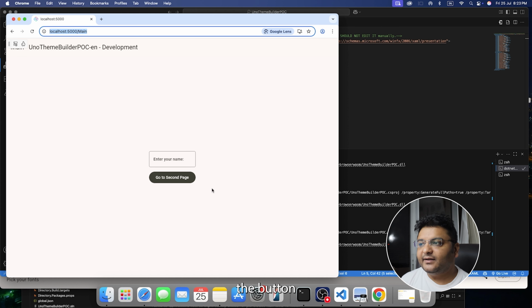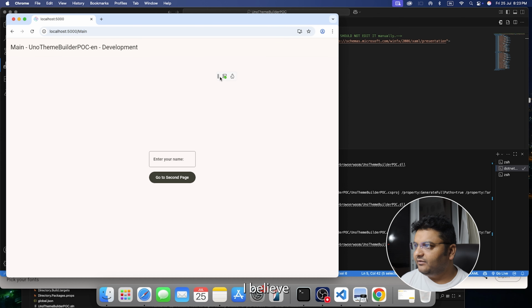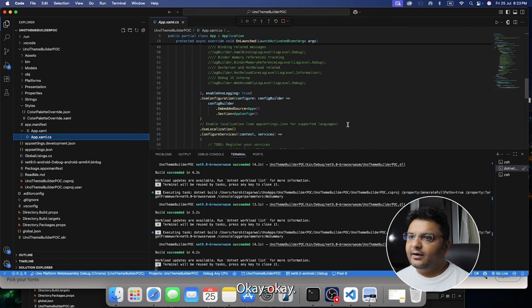You see now the button, which earlier was blue, is now of this shade, the black shade. The foreground is this, and I believe if I enter something, let's say Arshad Dynamite, and go to my second page, you see the font also has changed to this. Okay, so this was pretty much about how we can build our theme quickly in the app theme